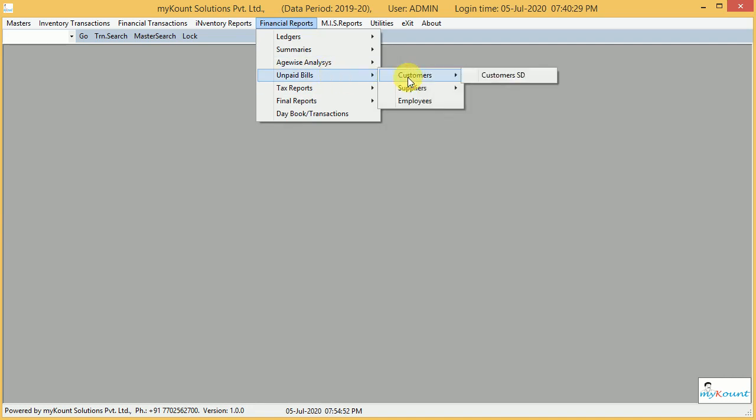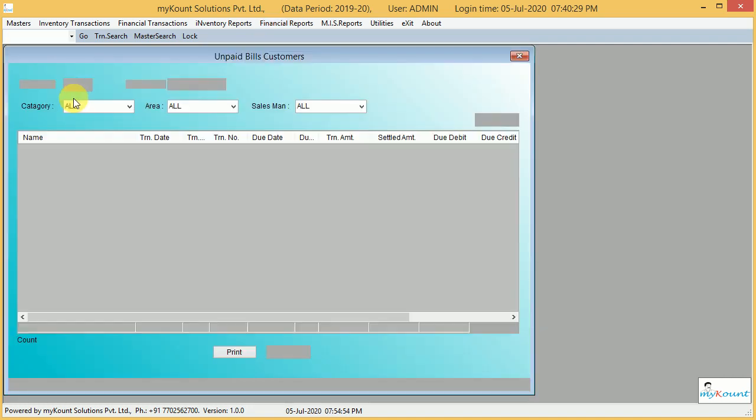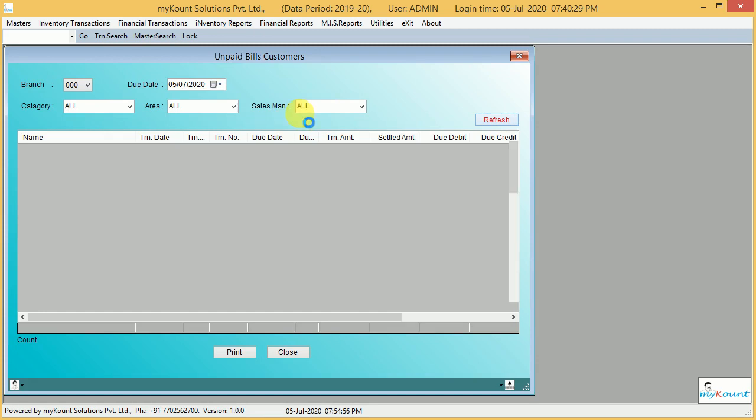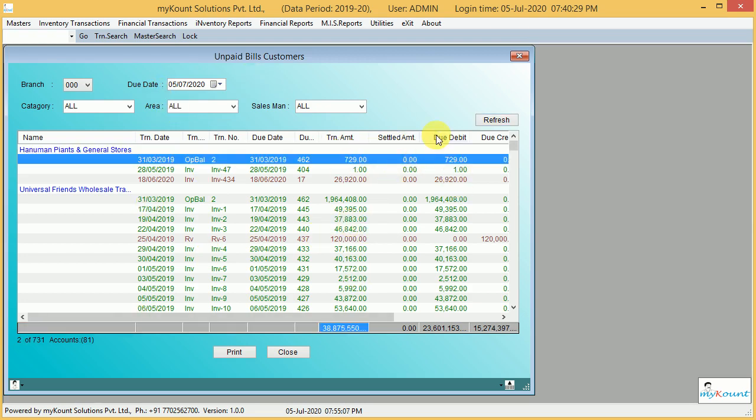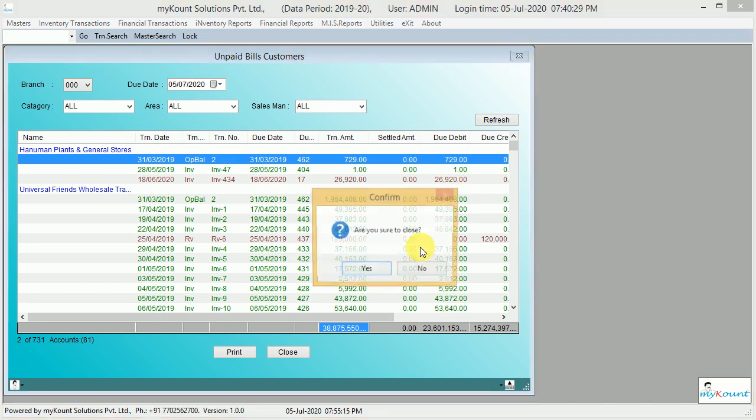here unpaid bills. Here we can see customers' unpaid bills. For example, one salesman is going to one route. He can take this printout and take only this, because this is only pending due bills. So here transaction amount, settled amount and due amount. So very easy to follow up for the salesman. Next,